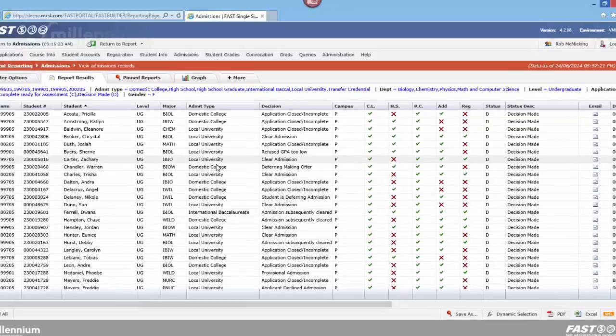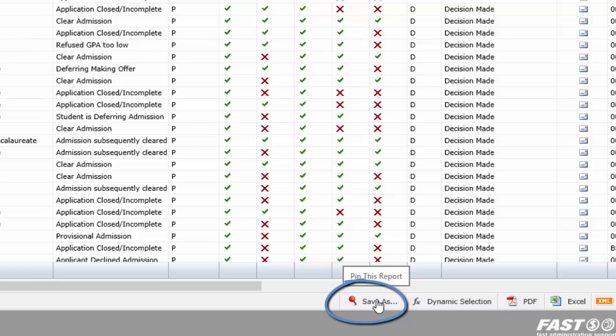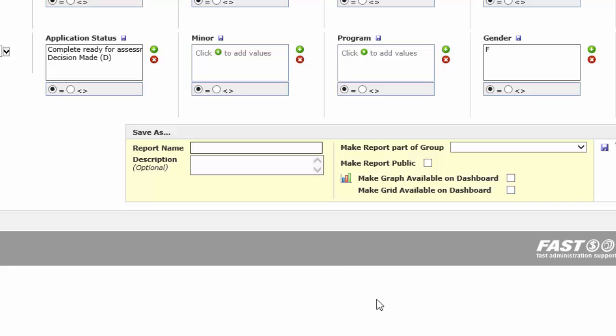Let's save it. If we click to the bottom of the page on the Save As button, now we use the terms pinning and saving interchangeably here. Let's click on the button and you're prompted to save the report with a name. Let's give this a unique name that also gives some indication as to what the report is for. Let's call it Admissions